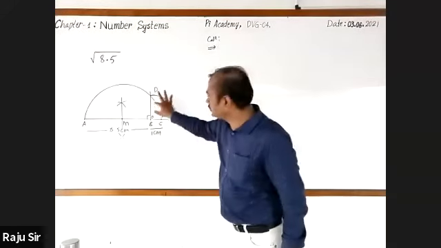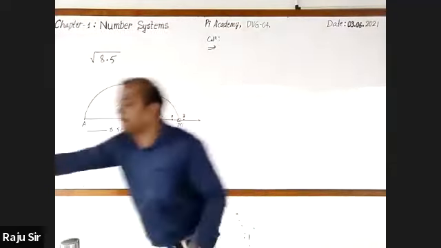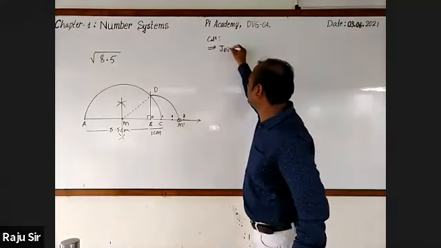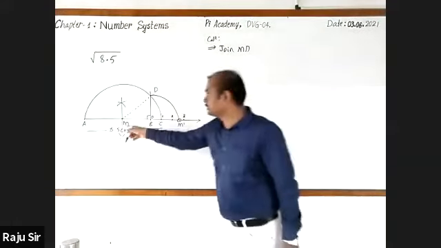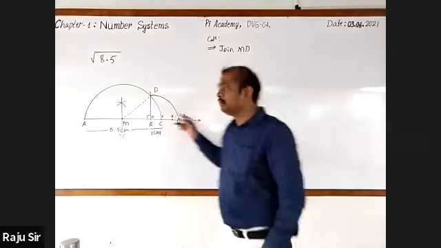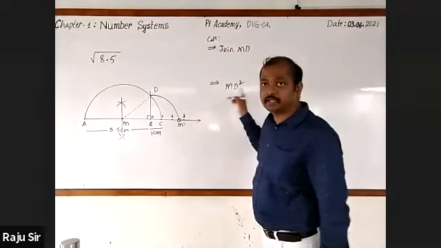Dear students, observe. Now we have to show BD is square root of 8.5. Then it should be the side of a triangle. Therefore, I'll go for joining MD. That should be written here. Join MD. After joining MD, you get a right angle triangle, that is MBD. As it is a right angle triangle, we can use Pythagoras theorem. According to Pythagoras theorem, I am writing it directly.